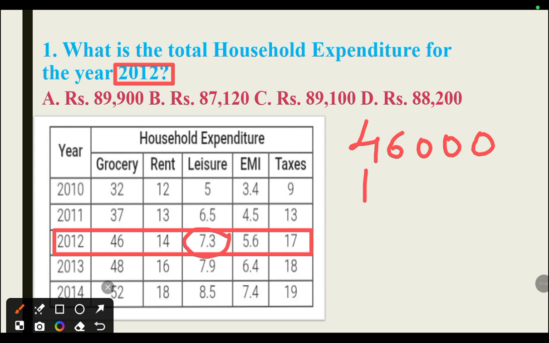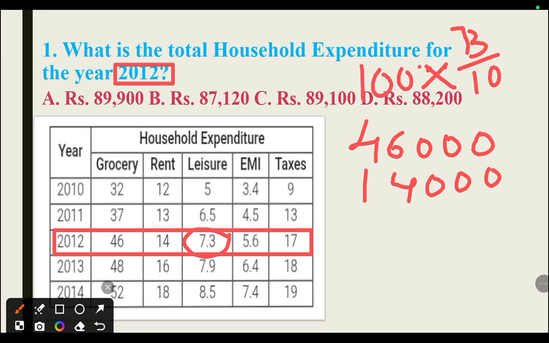Next, here we have 14,000. Next, this 7.3 you have to write in terms of thousands. How can you write it? This 7.3 I will write as 73 by 10. When I write it as 73 by 10, I'll multiply this with 1,000. Why am I multiplying with this 1,000? It is because it is in terms of thousands only. So when I write 1,000 here, this zero gets cancelled. So overall what I get is